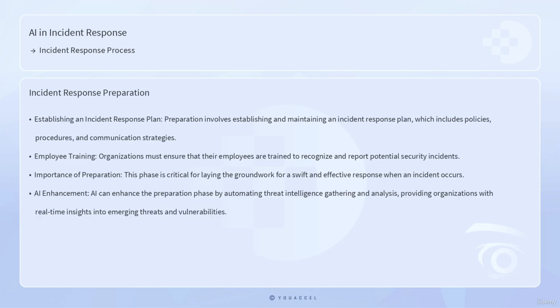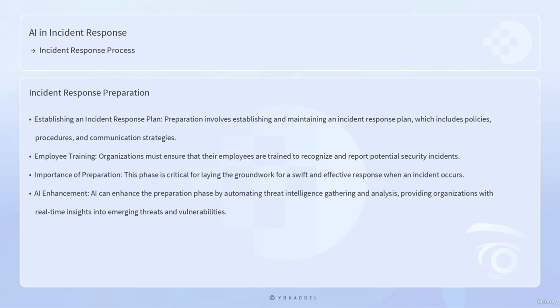Preparation involves establishing and maintaining an incident response plan, which includes policies, procedures, and communication strategies. Organizations must also ensure that their employees are trained to recognize and report potential security incidents. This phase is critical for laying the groundwork for a swift and effective response when an incident occurs. AI can enhance the preparation phase by automating threat intelligence gathering and analysis, providing organizations with real-time insights into emerging